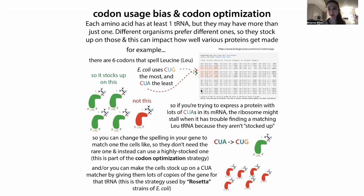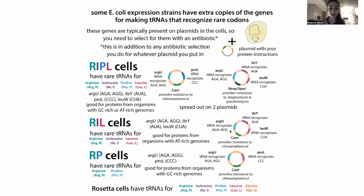But so you can order things like that. But if you are doing it in bacteria, another strategy is instead of changing your sequence, you change those cells. And so this is what we're doing with these strategies, in which we add in extra copies of the tRNAs that recognize the rare